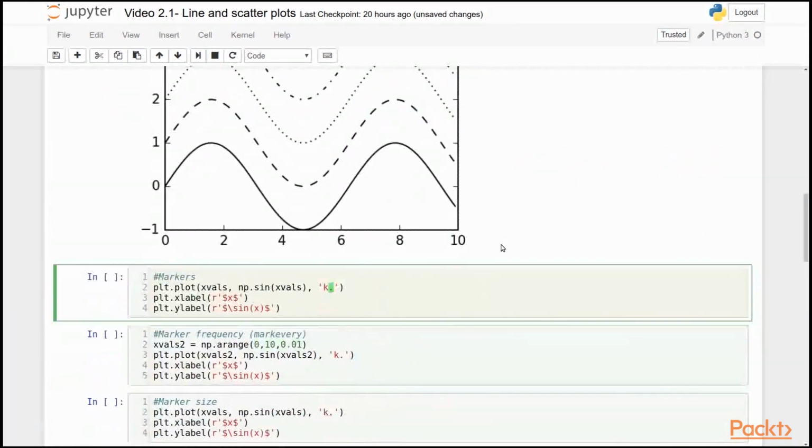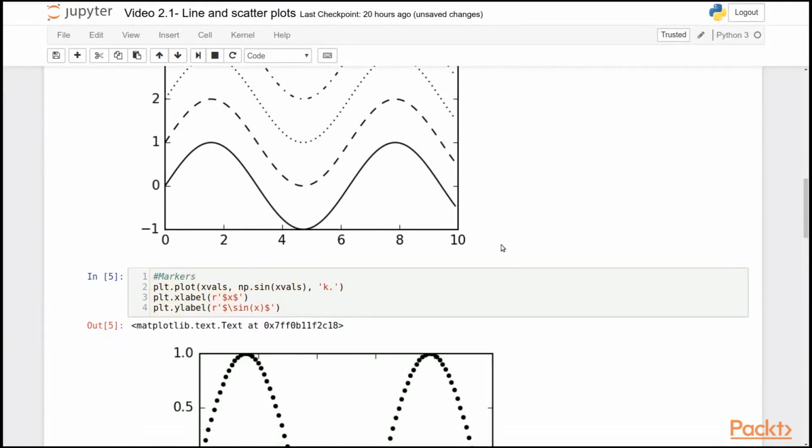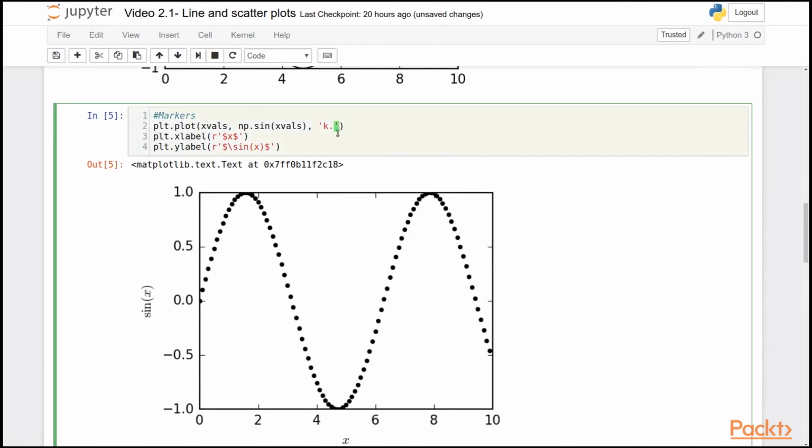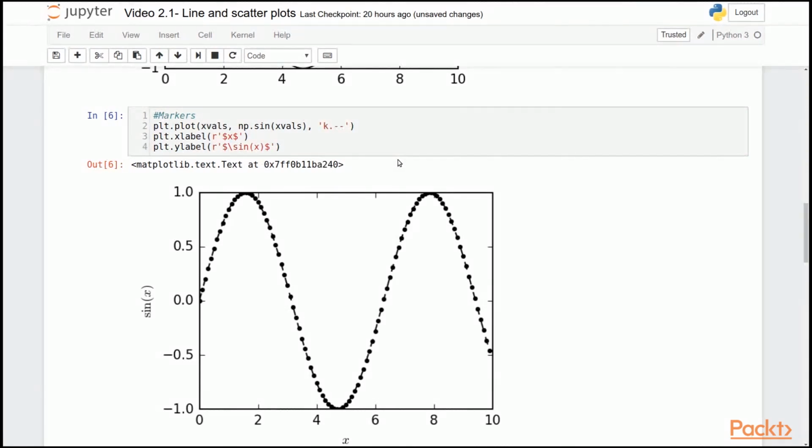a period. You can also, rather than plotting a solid line, plot with markers. So you can see here, using the k-dot non-keyword argument, I've replaced my line with black dots. I can, of course, have markers and lines by combining the options. So you can see here, by combining a period and the double hyphen or double dash, I have a dashed